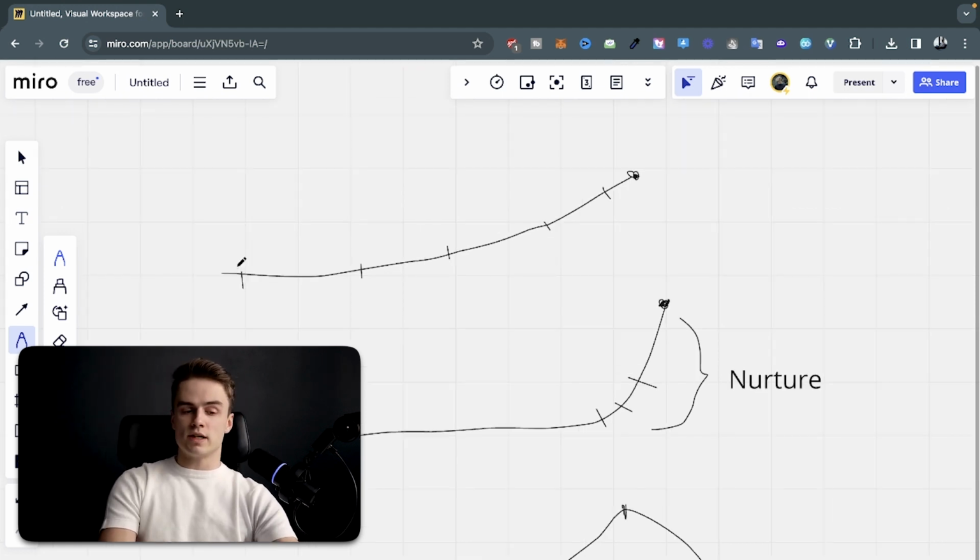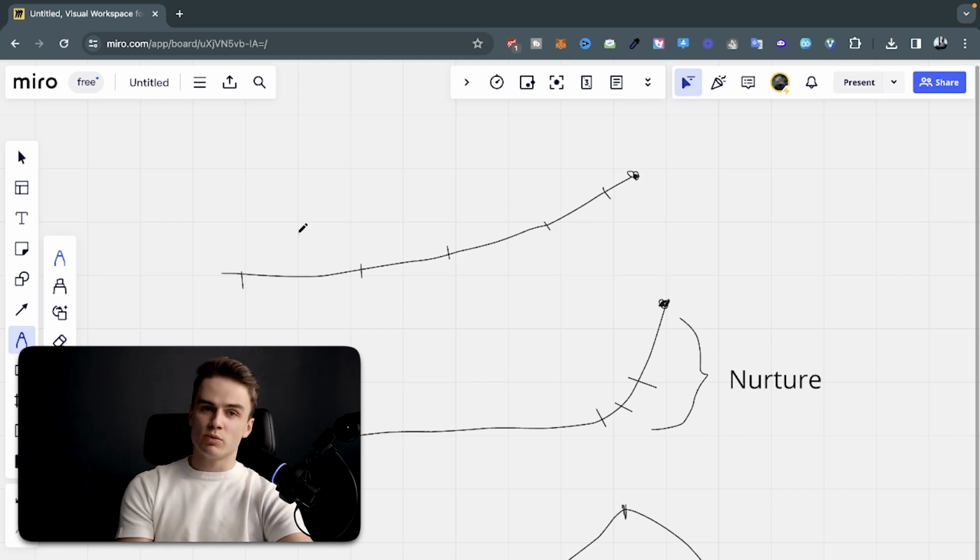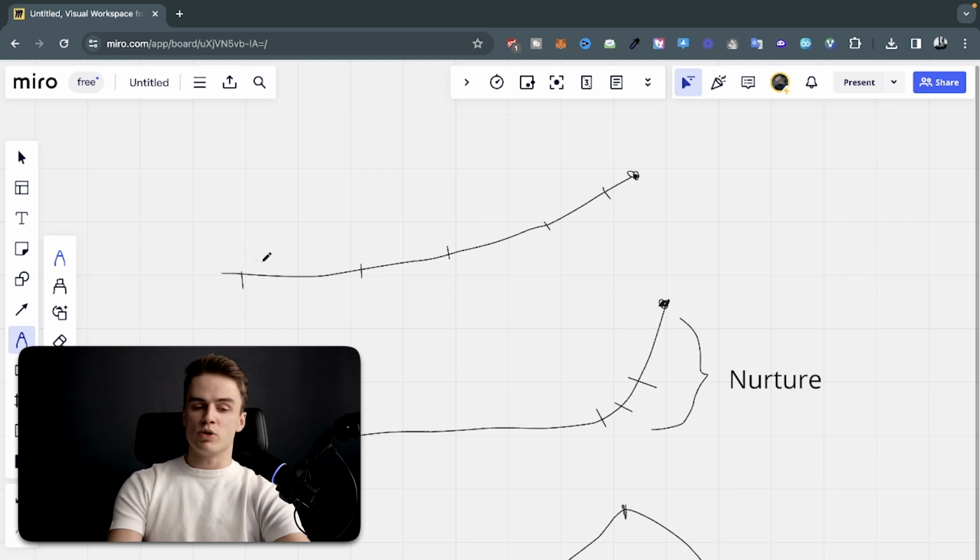So this here is exactly what you can do with content, because if you're creating content, a lot of the times when someone consumes one video and finds you interesting, what they're going to do is go watch another video and then another video. And if you do it properly, they will be stuck in this cycle of watching your content. They will subscribe to the channel, and because of that they will see every new piece of content that comes out, which will nurture them. And in this process, the intent builds up, people are really warm before jumping on a call with you, and selling is really easy.